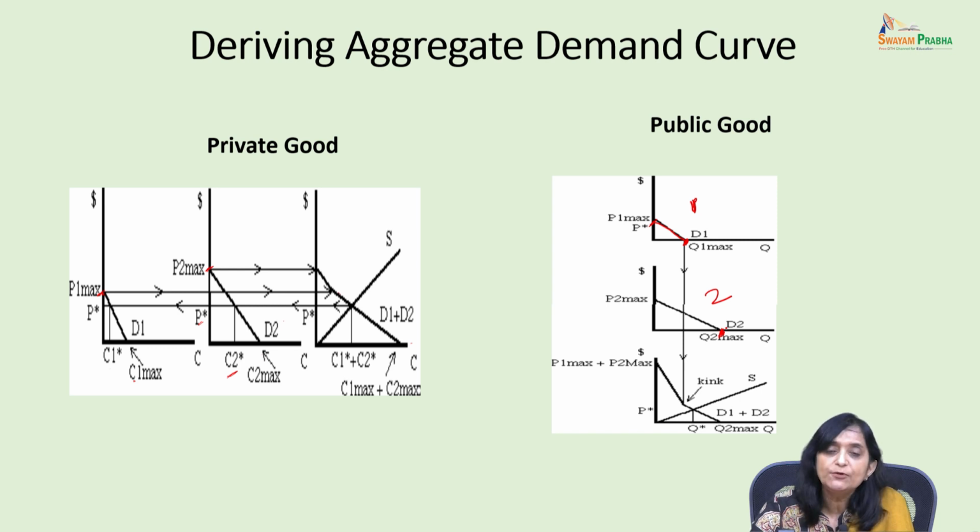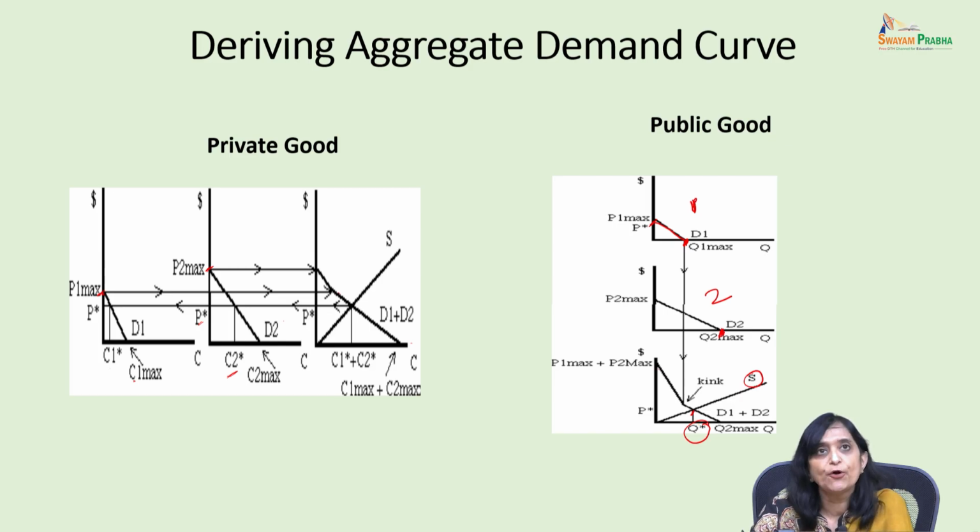So he says he wants to buy more of it. Okay. Now here what we will do is, we will add up these two curves horizontally. So this Q1 max is matching with this summated demand curve's kink. Okay. So till this point, this is the maximum demand from person 1. So this becomes the kink. After this is the total demand coming from both of them. So this kink shows, now if for example, this is your supply curve, then the market supply will be Q star.